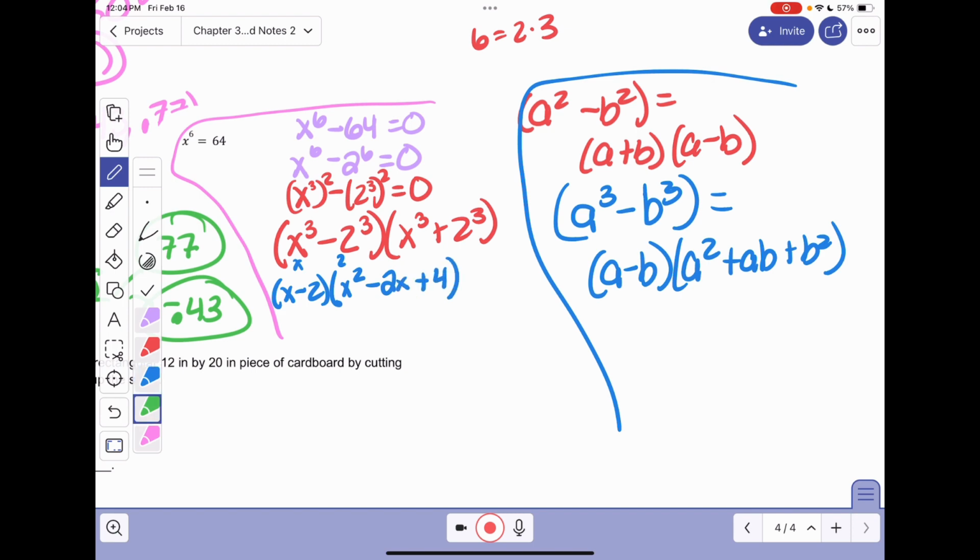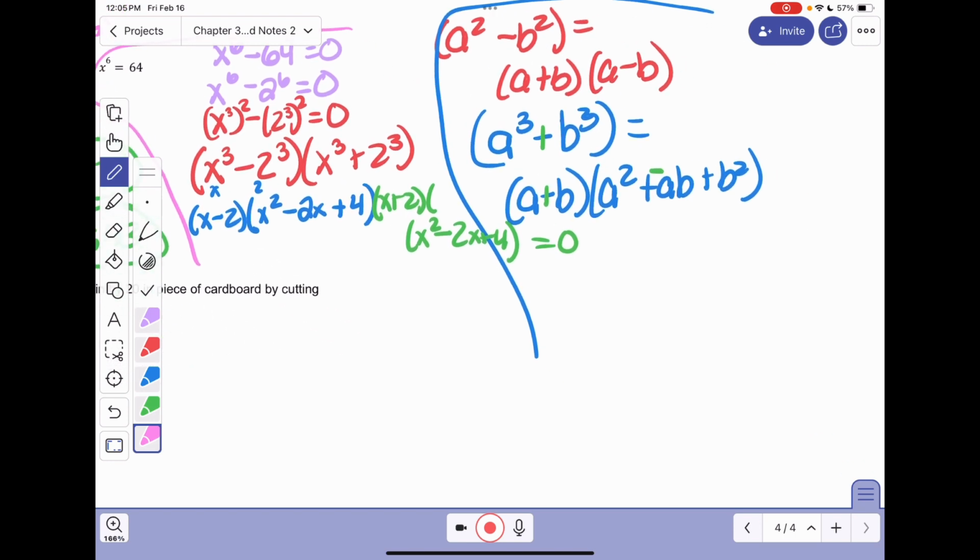And then a cubed plus b cubed just changes the plus and the minus. So that becomes x plus 2 and then x squared minus 2x plus 4. Now we've broken those down as far as we can,